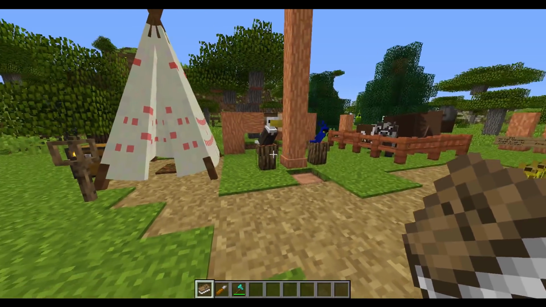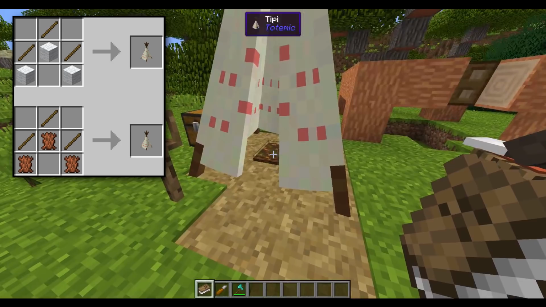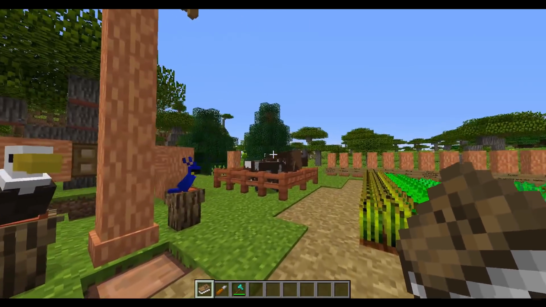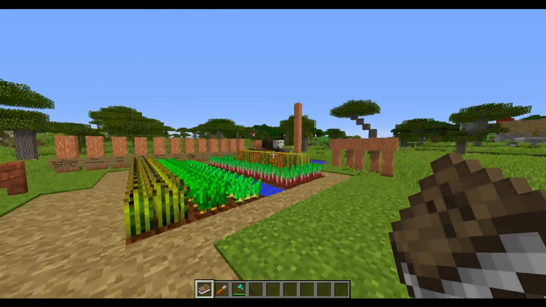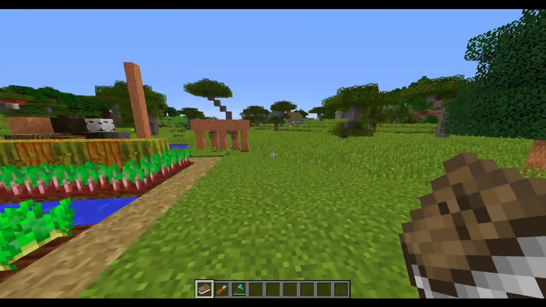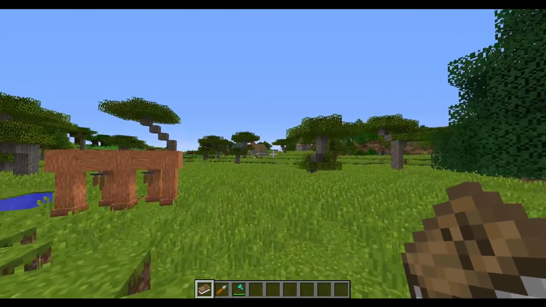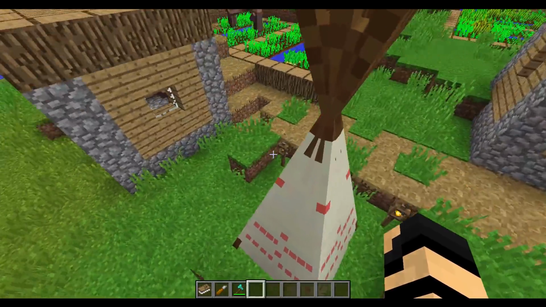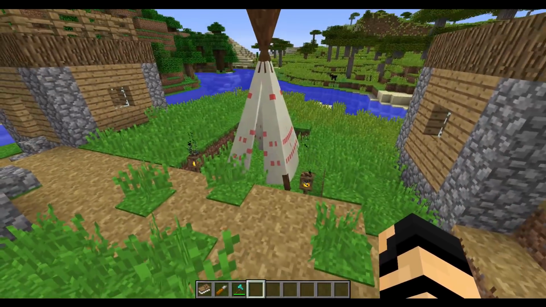There are multiple things that this mod can add, including something like this, a teepee, as well as some new trees and stuff. There's no real world gen, actually, except, allow me to demonstrate. There's a town just over here. As you can see, there is a possibility, which can be turned off in the configs, for a teepee to